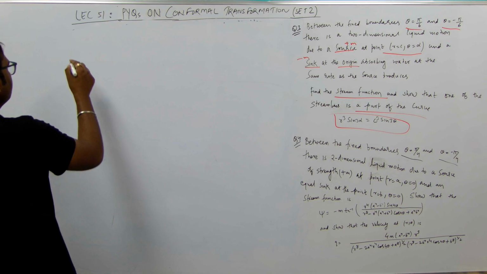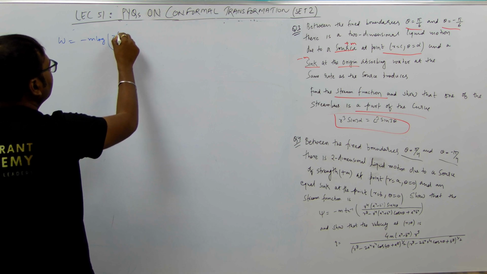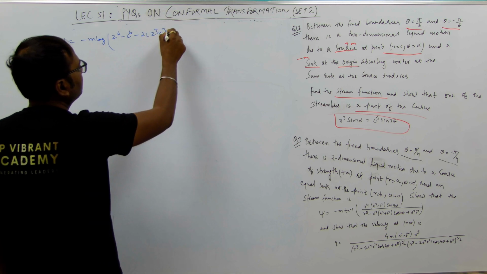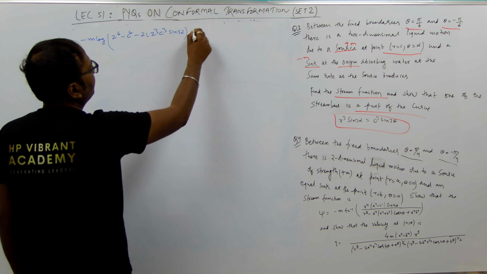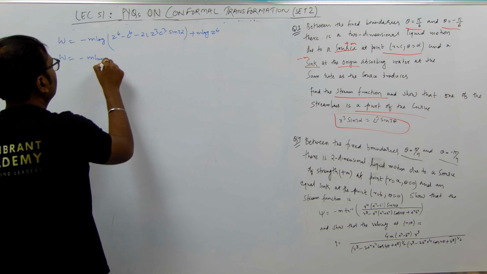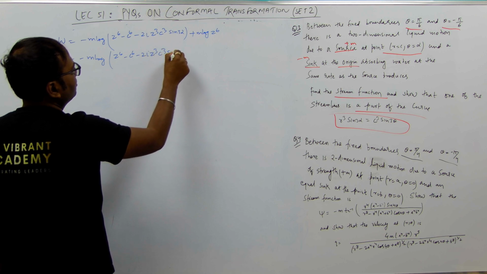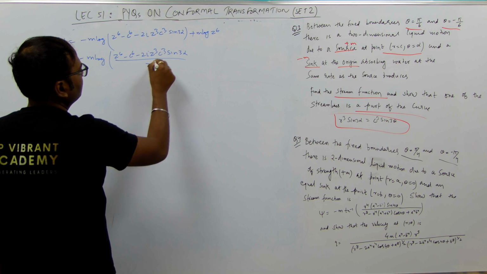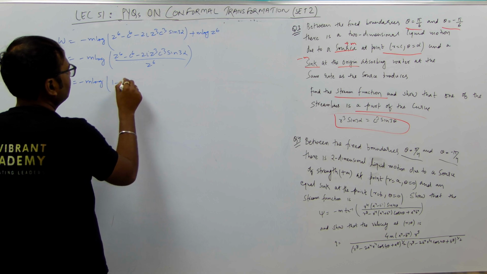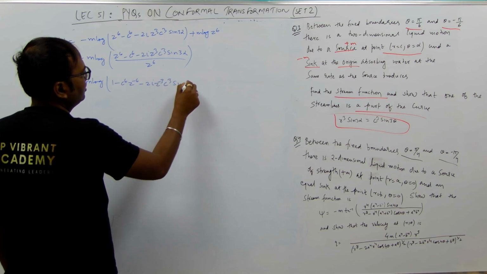So we have the complex potential as −m log z⁶ − c⁶ − 2i z³ c³ sin 3α + m log of z⁶. So we have W is equal to −m log of (z⁶ − c⁶ − 2i z³ c³ sin 3α) upon z⁶. Okay, so we have W is equal to −m log of 1 − c⁶ z⁻⁶ − 2i z⁻³ c³ sin 3α. Okay,